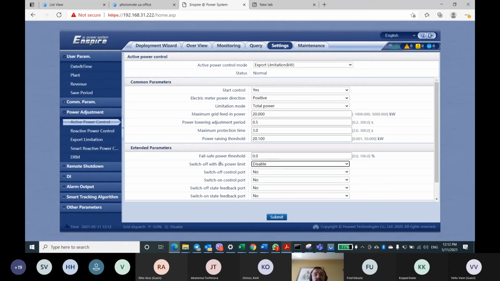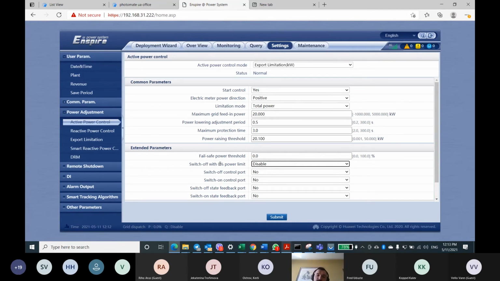By default, it's disabled. Moreover, if the Smart Logger sends a command to the inverter to switch off, but the inverter also loses communication with the Smart Logger for some reason, and maybe the inverter is still producing maximum energy, and the Smart Logger cannot prevent this export, you can connect a digital output of the Smart Logger to the circuit breaker, and in this case the Smart Logger will send a signal to disconnect the circuit breaker of the inverter.